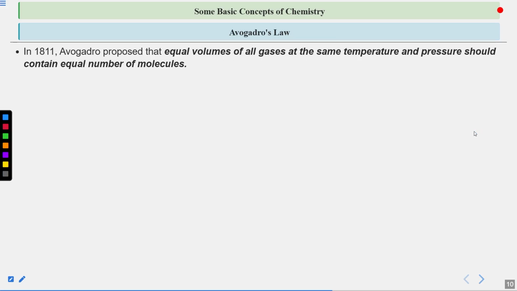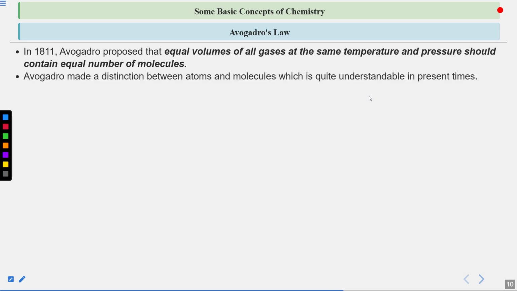Our next law is Avogadro's law. Now this law is very, very important for your upcoming physical classes. It says that if you are taking two different gases, okay, it is not dependent upon nature at all, and if you are taking equal volumes of these two different gases and at the same temperature and pressure, then both of them will contain equal number of molecules. We will try to explain it with the help of an experiment.